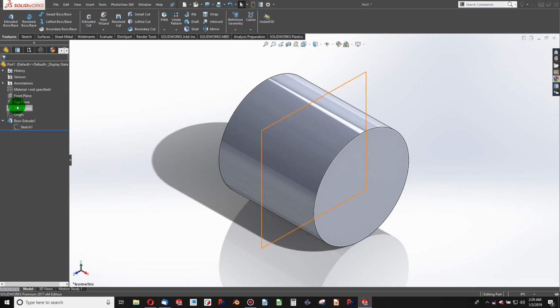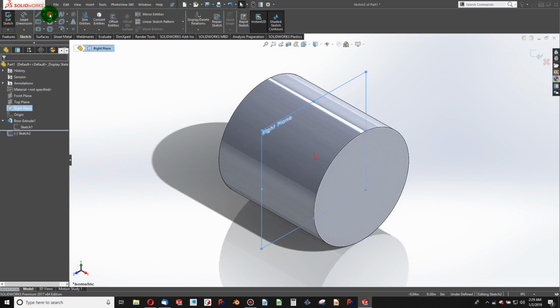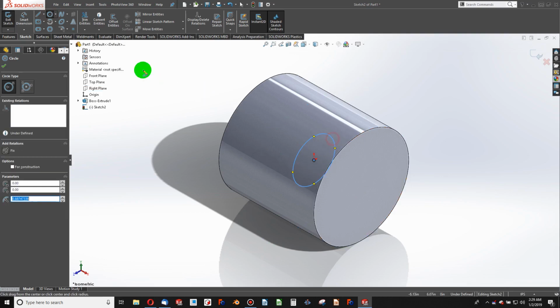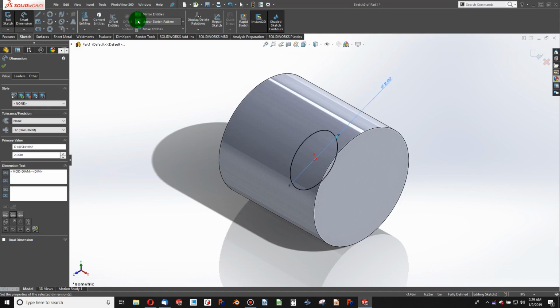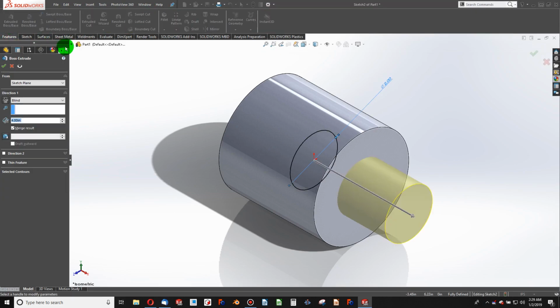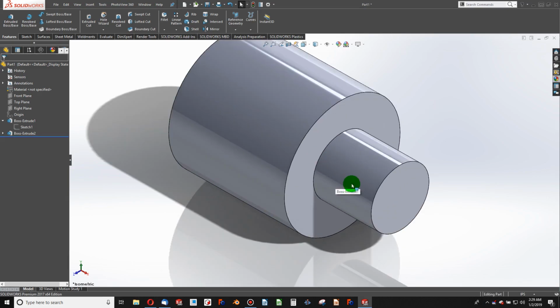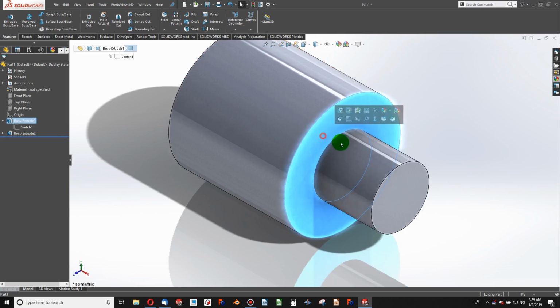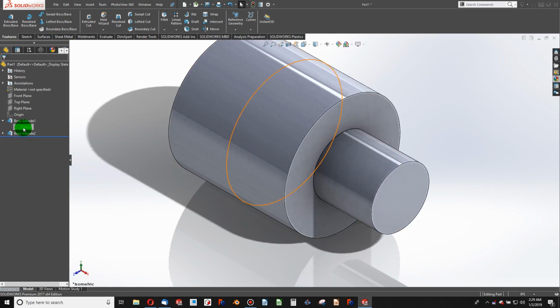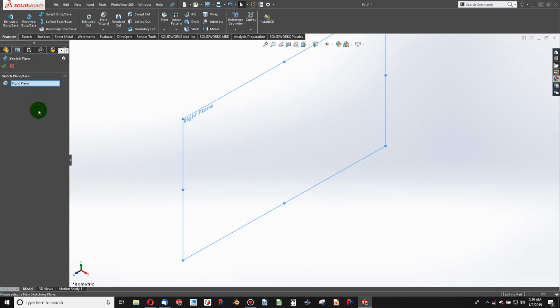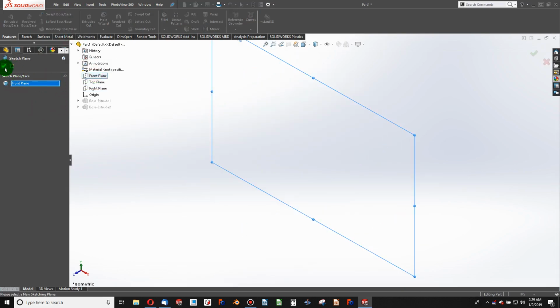Let me give you an example. I'm going to sketch on my right plane, and we'll make this a smaller circle, say 2 inches, and we're going to extrude that 4 inches out, right? So I've got two cylinders, one coming out of the other. This one's coming out of the flat face, a distance of 2 inches. And if I want to reorient this, I have to edit my sketch plane, and I'll select my front plane,